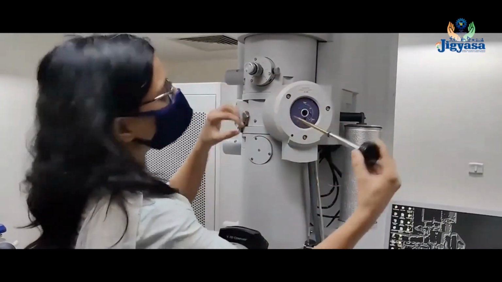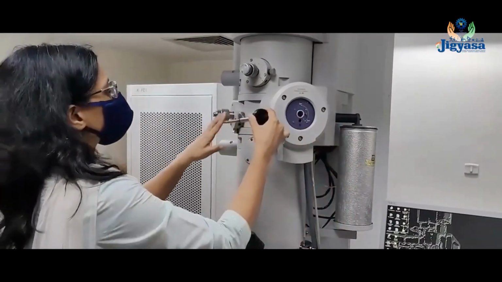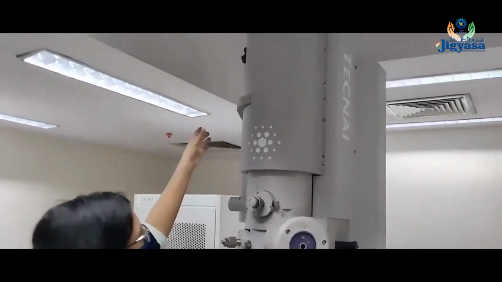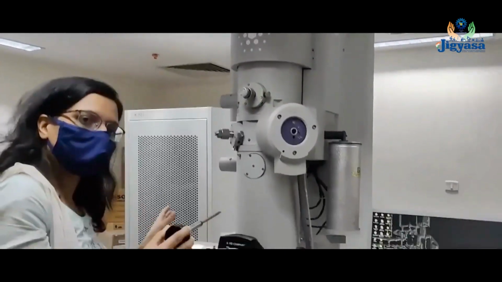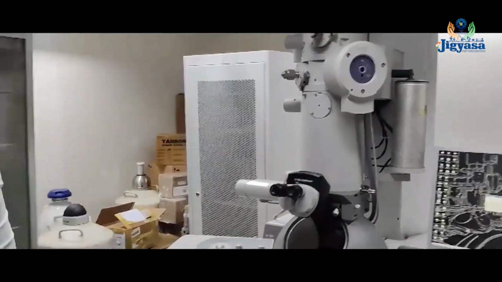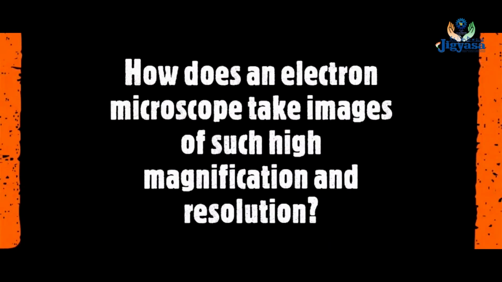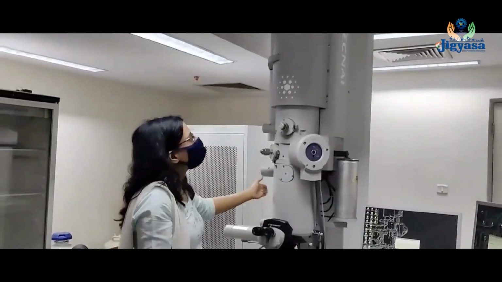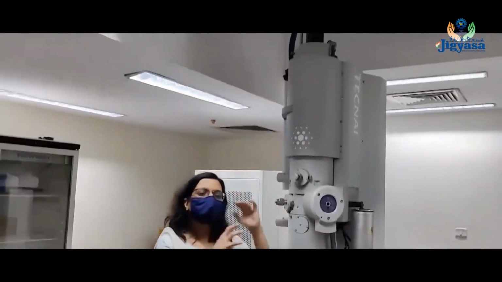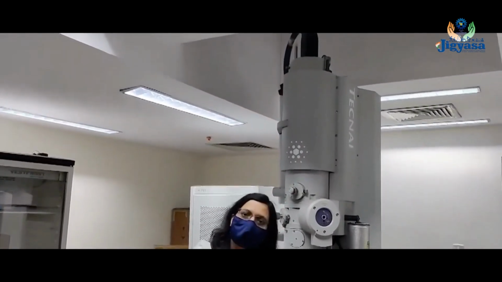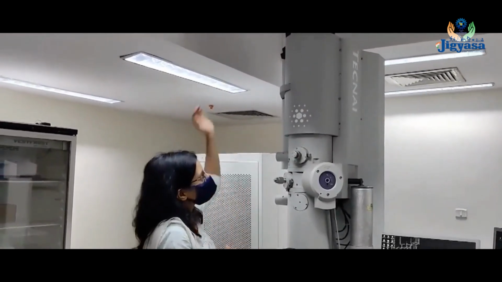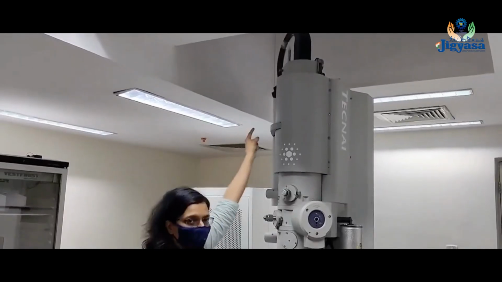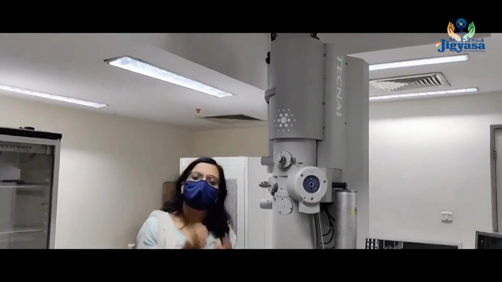The entire rod goes inside. So basically it goes somewhere in the middle of this, and the long tube that you see is the path of the electrons. So this is a long column that you see, and at the top of it, just like in compound microscope we have light as the source of illumination, here the electrons are the source of illumination and they are at the very top. So there is a source which emits electrons.